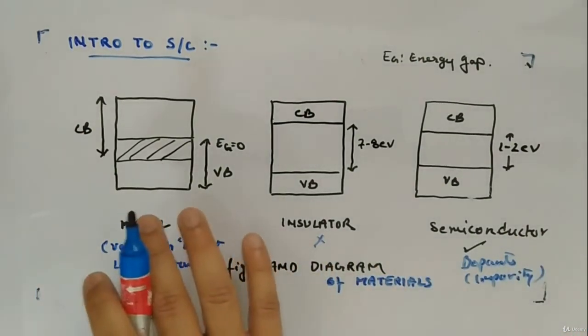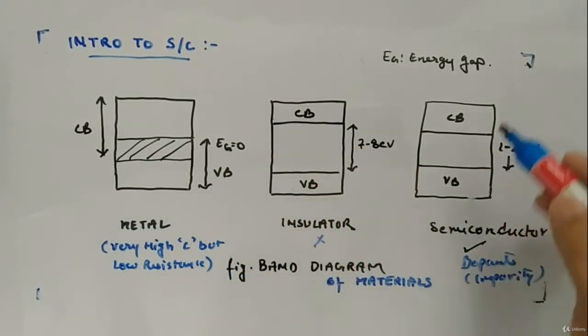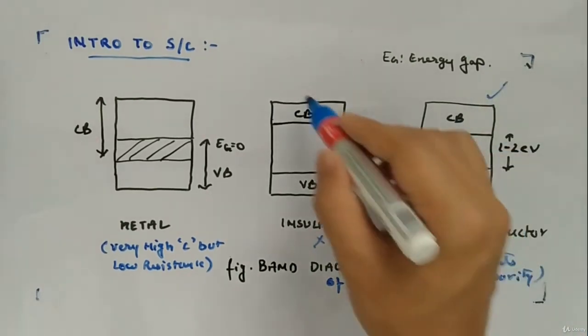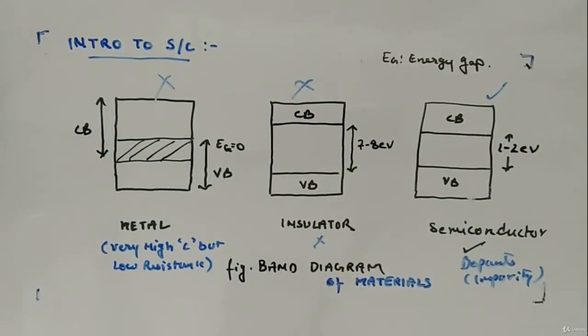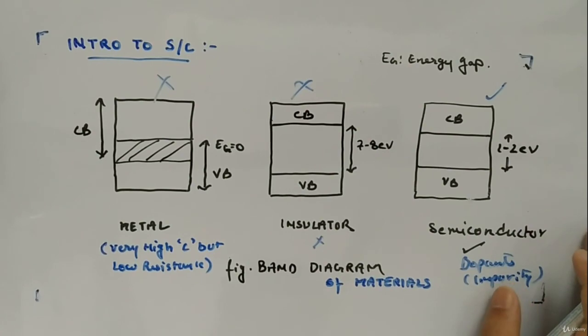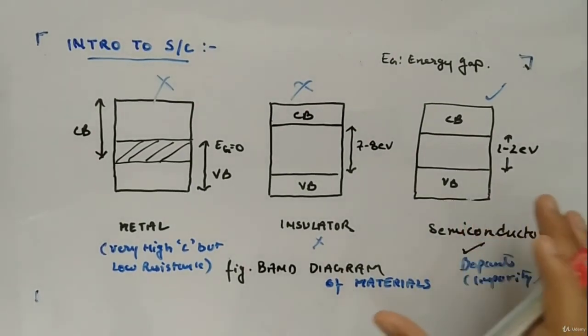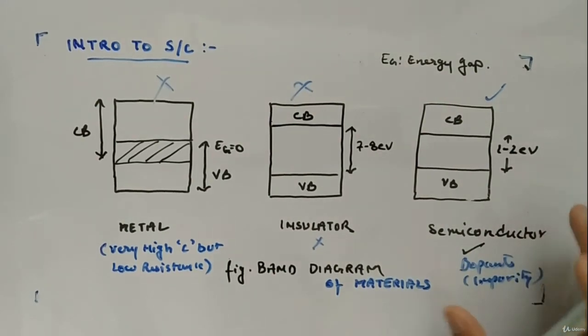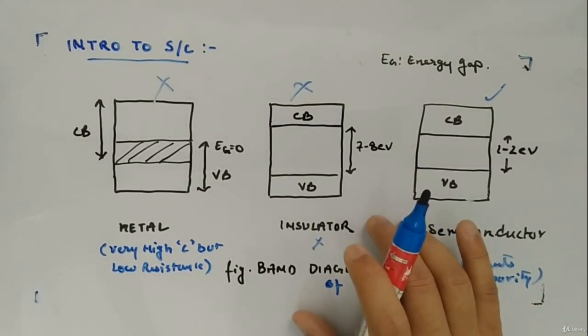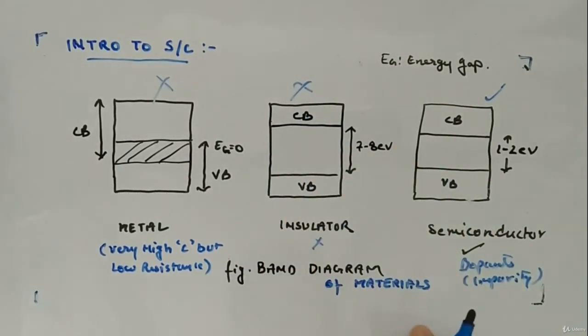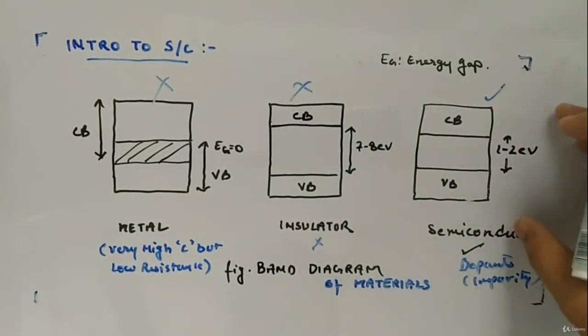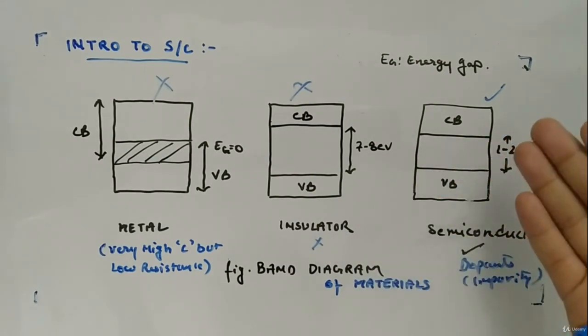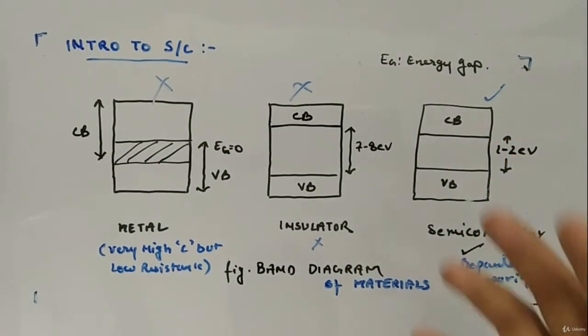I hope the point of this video was to give you a picture of why we are preferring this and why we are not preferring these two. From here on we will connect it to the PN junction and the PN junction diode, which we will be seeing in the future. I know that I have not gone into detail, but this is not the course for electronic devices or to go into the details of electronic devices, and that's the reason I am just giving you a brief overview of whatever I am teaching. Just accept this, please.